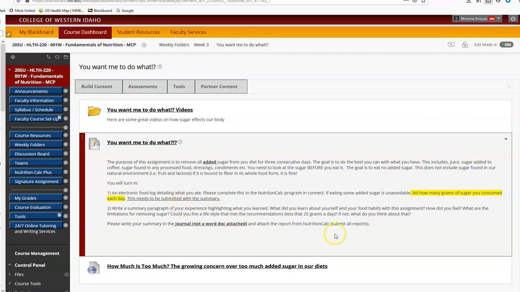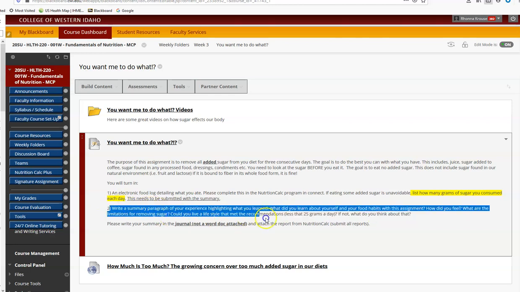So now you know. And also with this, could you live a lifestyle that met the recommendation? This is referring to added sugar. I have a lot of students last semester definitely were like, I can't live on just 25 grams of sugar because I love blueberries. We're talking about added sugar. Okay, so that's what I really want you to ponder, because I think this tells you a lot of truth about the way you eat. If we're saying really you should eat less than 25 grams a day, which is actually still kind of a lot, could you do that? And if you couldn't do that, then what about your lifestyle might need to be evaluated?